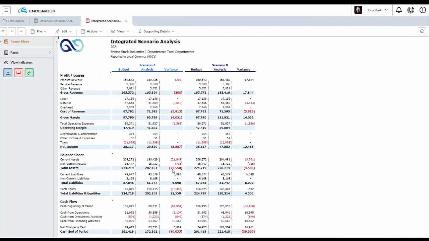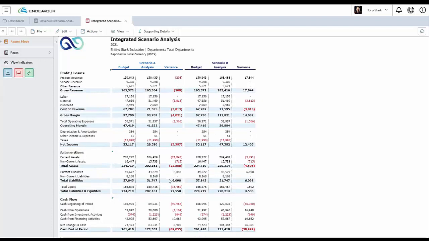the respective information. Now, this report that you see is called an integrated scenario analysis report. And what this does is it breaks out our P&L by budget, looking at the budget versus variance, but it also breaks out our balance sheet as well as cash flows. And this report is critical for end users because it enables them to see the impact of not only the P&L, but the respective balance sheet and cash flow. So again, they can make holistic views knowing the impact of their assumptions on every single variable within the organization.